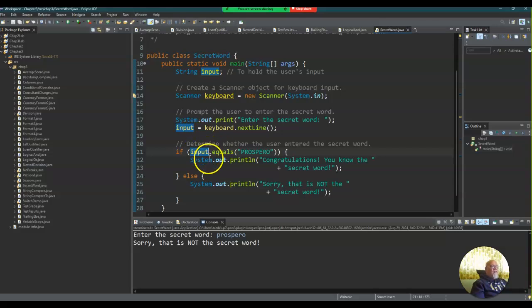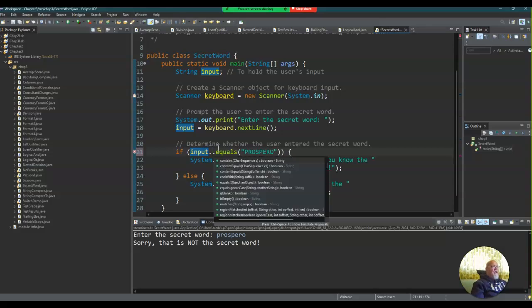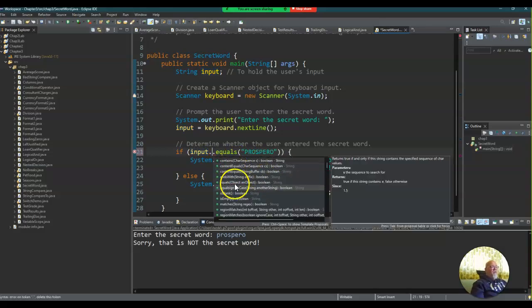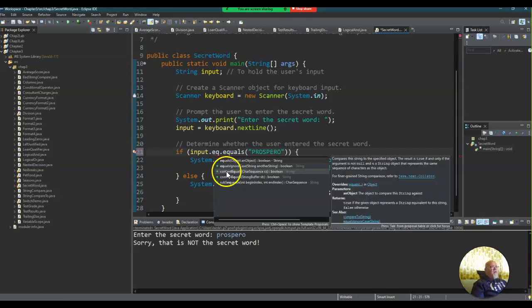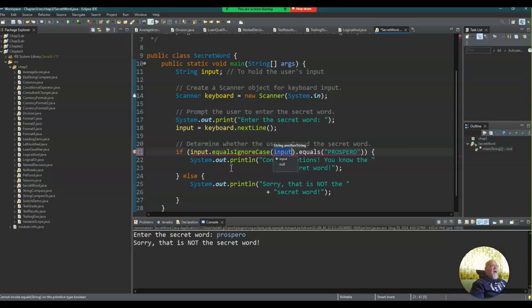And then since the input is a string object, if I type a period behind it, it's going to bring up a list of all the methods and other parameters that we can utilize within the string class. And if I type EQ, it brings up the equals. But you'll notice what's in the book is this thing called equalsIgnoreCase. So if I use that,